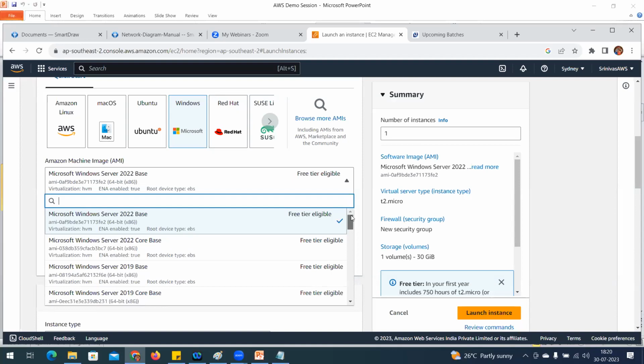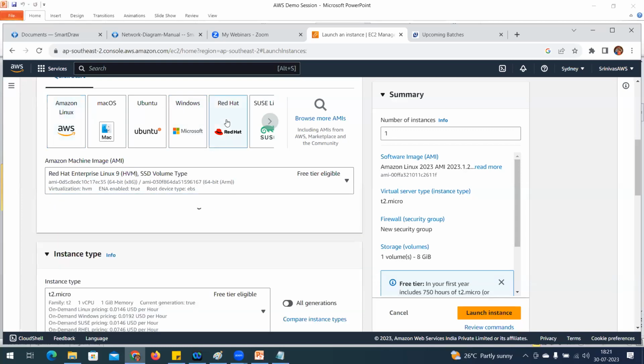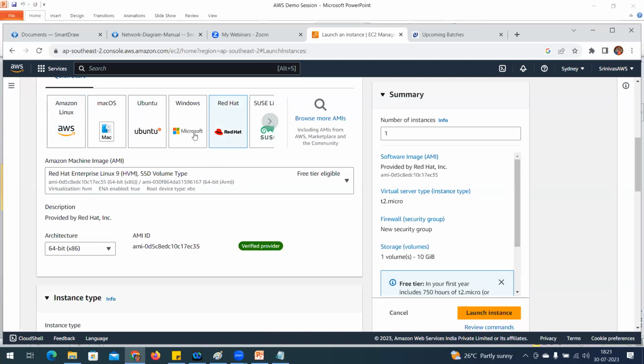This cloud platform is designed to support any kind of IT infrastructure, any kind of admin. You may be a Linux admin, I may be a Windows admin, or some other may be a database admin. Whatever role they are looking for, they need to practice the respective tower. As I showcase how to deploy a system, you can choose Amazon Linux and the respective Linux. Or Red Hat. If you have Red Hat practice, you can choose Red Hat versions. What versions are there?